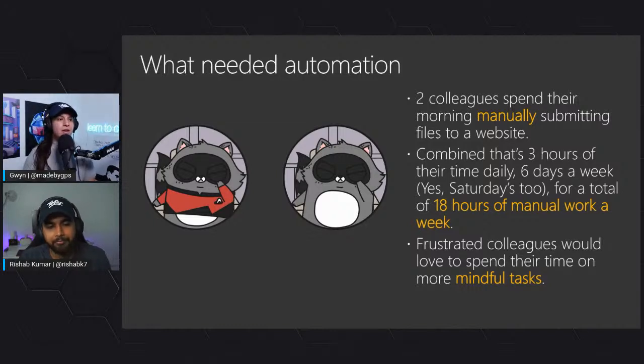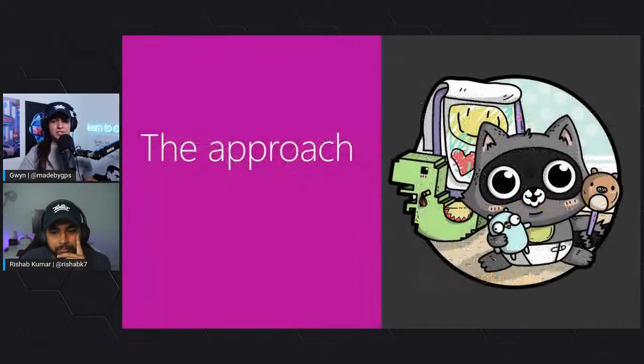And I think this is also important when we think about automation, because when we think automation, we think people lose their job. But if you work at the right place, you've got the right team around you, you've got the right management and leadership, they can turn that time that was saved into more mindful work for your team, which is what ended up happening in this process, which is great. But anyway, now let's talk a little bit about the approach.